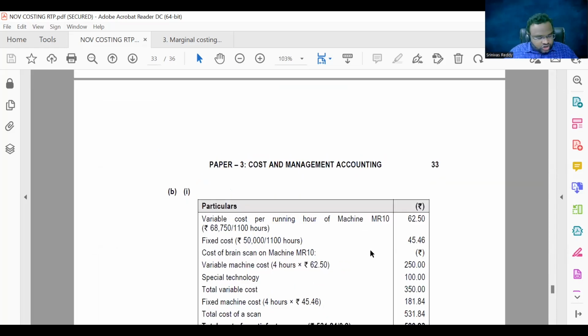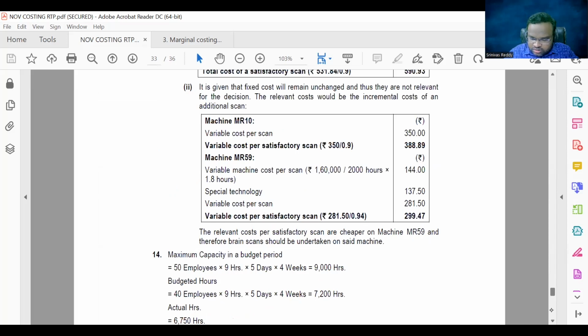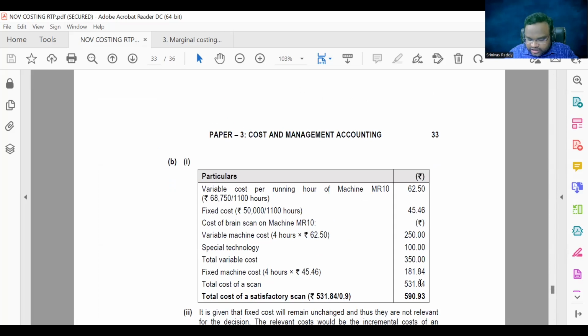So the variable machine cost: how many hours does it take? 4 hours into 62.5. Special technology is 100 rupees. Variable cost is 350. Fixed machine cost is 4 hours into 45.6. So the total cost is 531. But out of 10 scans, only 9 will work. Out of 100%, 90% is correct. That means the 10% cost I should recover from the good satisfactory scans. So 531.84 divided by